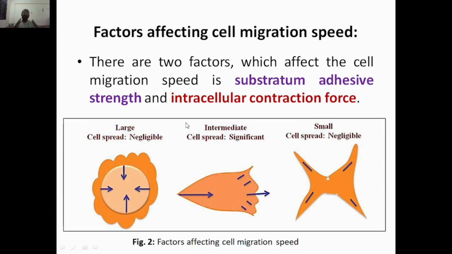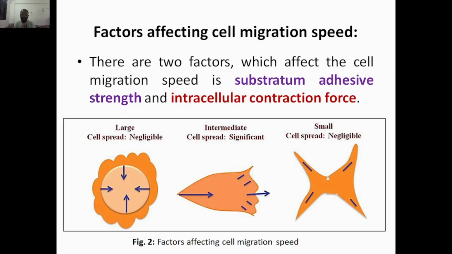This separately you can write in a sentence. This alone can be asked for 5 marks, understanding. I hope whatever I am explaining here is more than enough to understand, because there are only two factors. Obviously in one case, the large cell spread case, what happens? Adhesive strength, that is attachment strength, is low, whereas contraction force is more. That's why the cell is spreading, because they are not attaching properly.